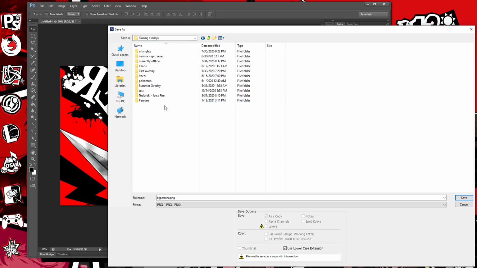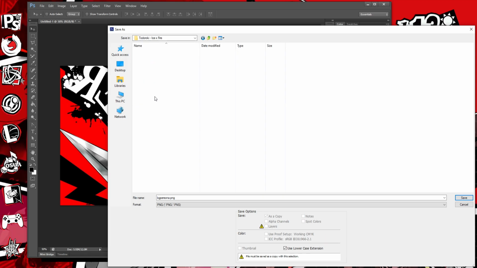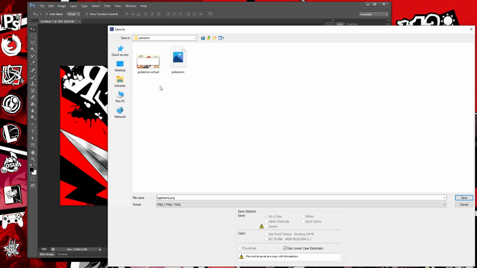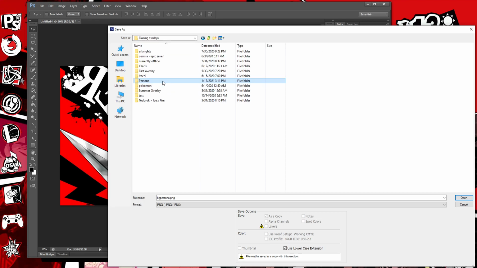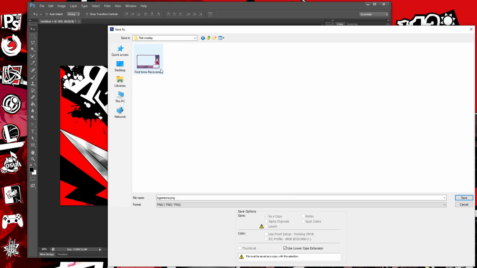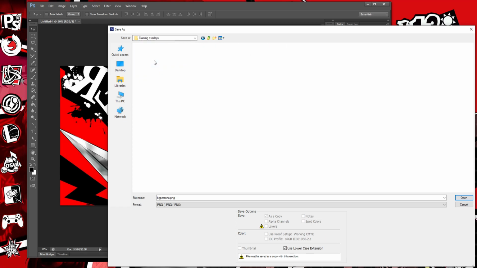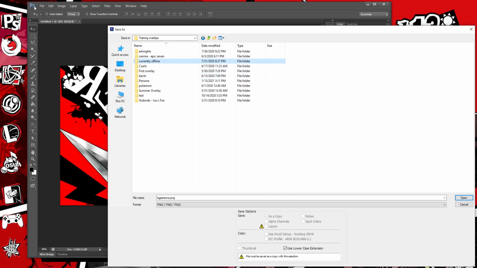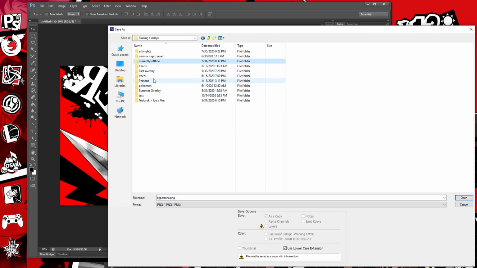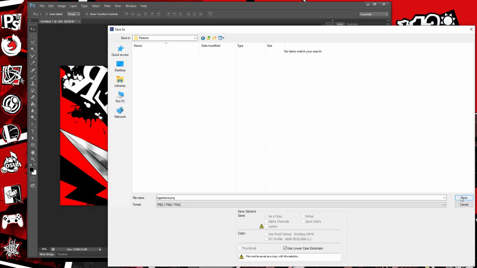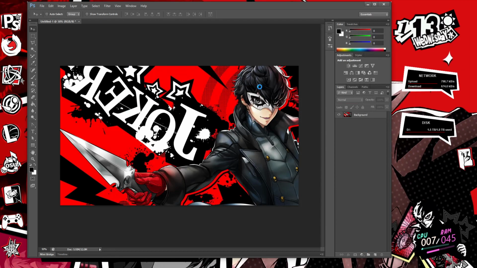Make sure you have a folder for everything you do. I have a folder for all things, and I also save, sometimes I save the PSD file as well, so you can go in and edit it. So we have persona, and we have the background. We save that,